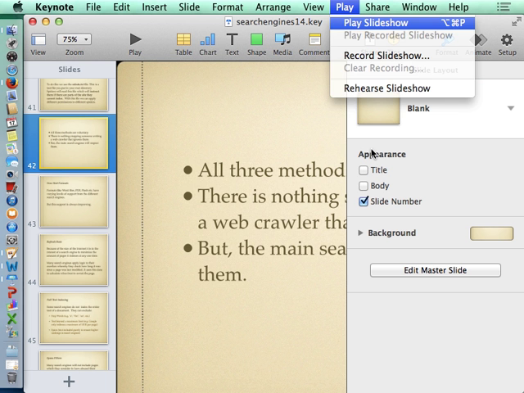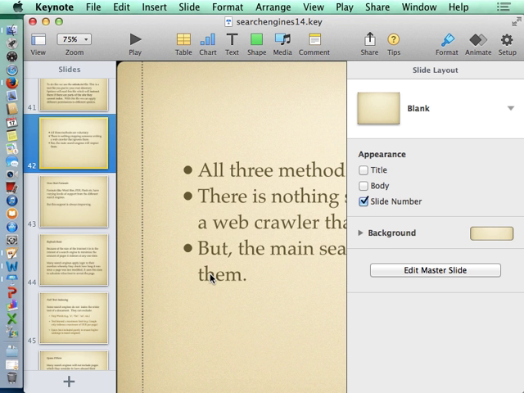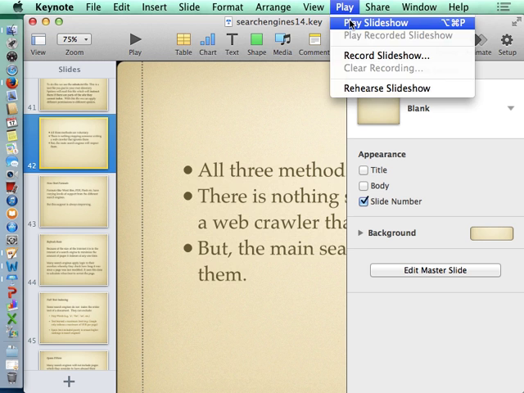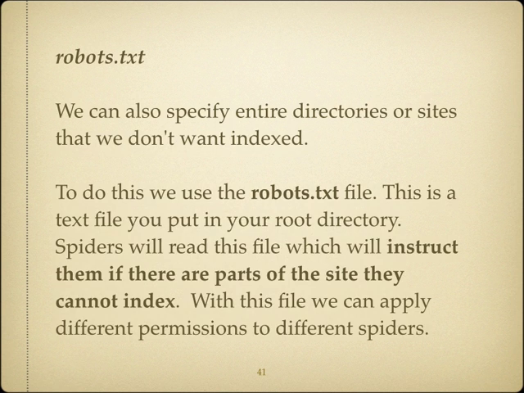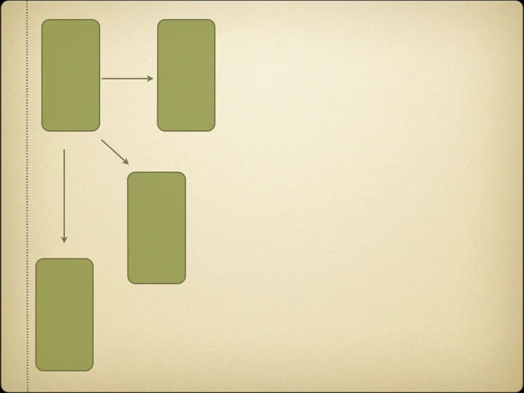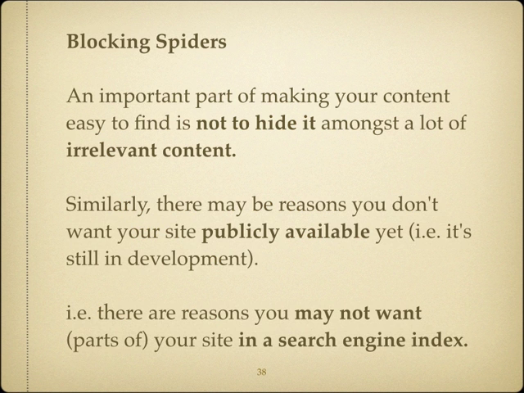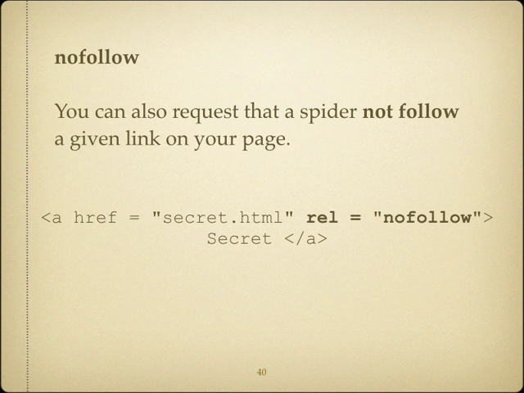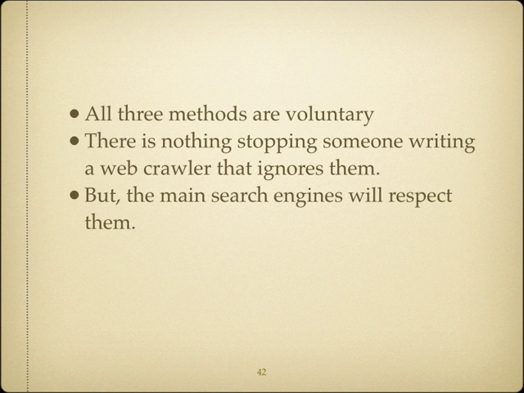Okay, so in the last class we had been looking at search engines and how they create an index. And we had seen that they have a spider or a crawler that would find a page and then add all the links from there, follow those links, follow more links, and so on. And we saw that spiders could have different properties, and that if you wanted, you could tell them not to look at this particular stuff.